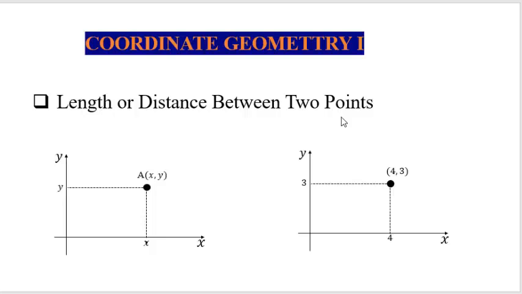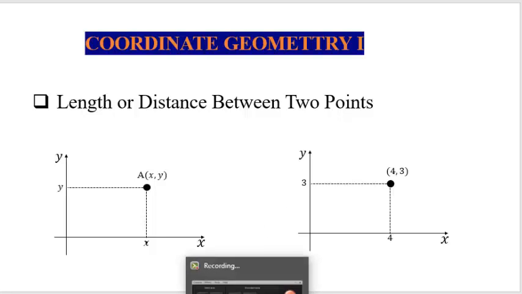So when you have a line, it is obtained by joining 2 points. So we are going to look at the distance of the line joined by 2 points. Before we go to the length or distance between 2 points, let us try to give a little explanation